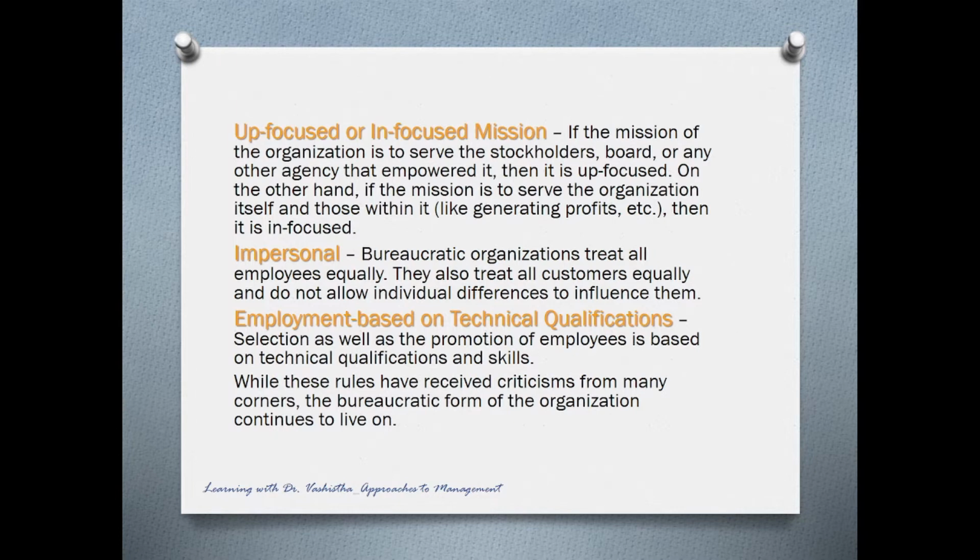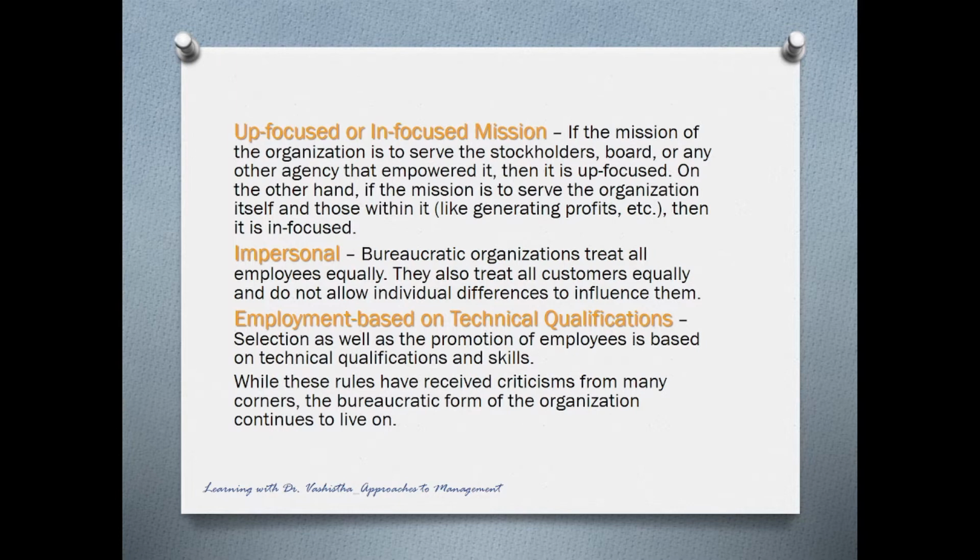So, if the mission of the organization is to serve the stockholders, the board, or any other agency that has given power to that organization, then it has to be up focused. Whereas, if the mission is to serve the organization itself and those within it, generating profit for itself, then it is in focused. So in a way he divided what has to be the main focus here and what can be given a little focus